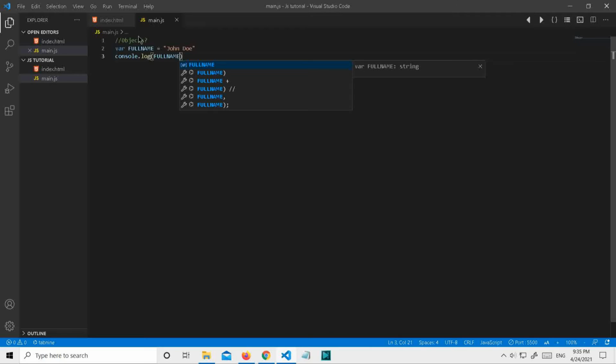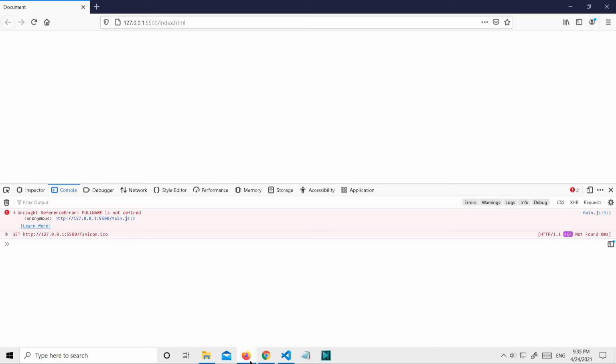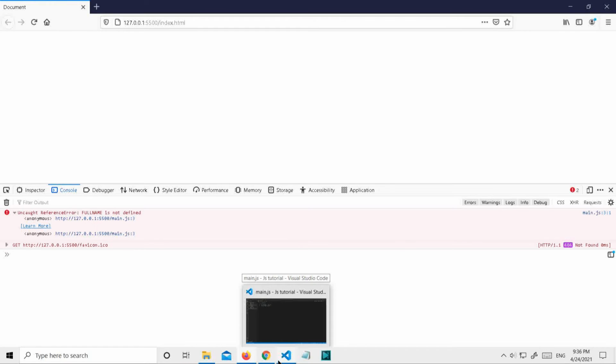Let's switch the places of the names which we had written. As you can see, full name is not defined. See guys, the same name but different casing. So the interpreter gives importance to the casing also. Just remember that variable and function names are case sensitive, and even the object keys, the key value pair keys.